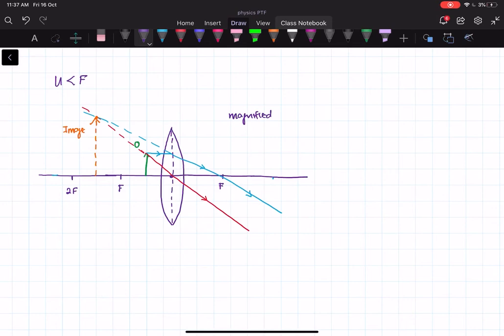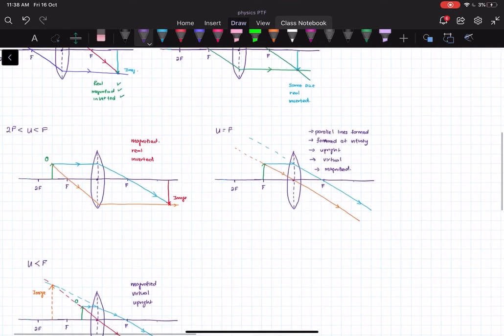It's also a real image. Okay, sorry, it's a virtual image. It's a virtual image because it's forming in front of the lens. And the last one here, it is exactly going to be an upright. Dia tegak, yeah? It's an upright image. So there we go. We are done with the characteristics for all the different positions of an object, which is